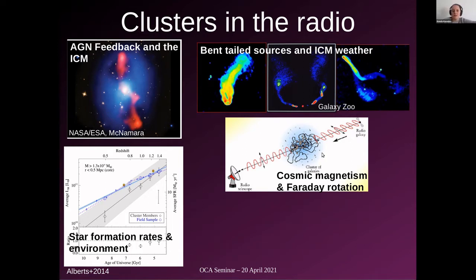One of the ways that you can use the emission from radio galaxies to study the magnetic fields within a cluster is through Faraday rotation. So here we are, the observer, you have some background galaxy, and along the line of sight between the two, you have a cluster of galaxies. The emission from this background radio galaxy, and its polarization, is going to get perturbed by interacting with the cluster. And if you have enough background galaxies, you can actually use this to probe the magnetic field structure within